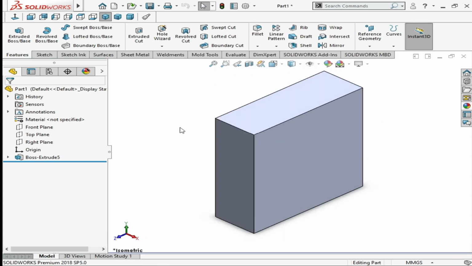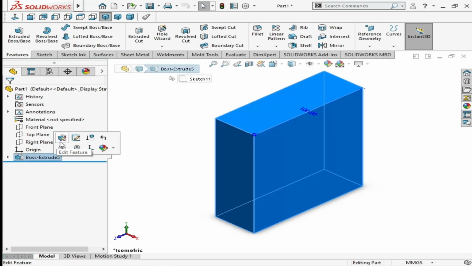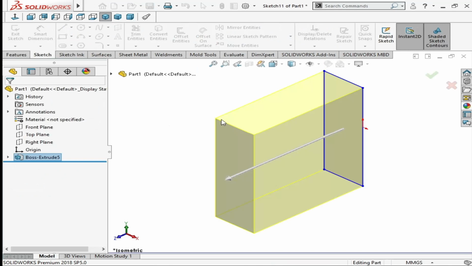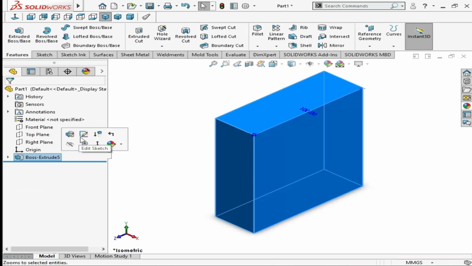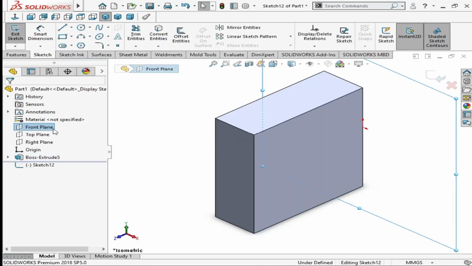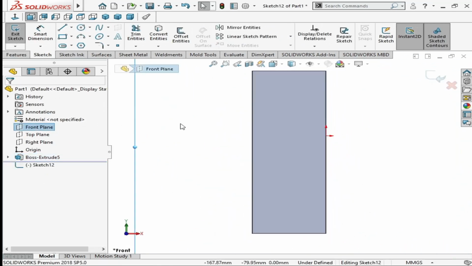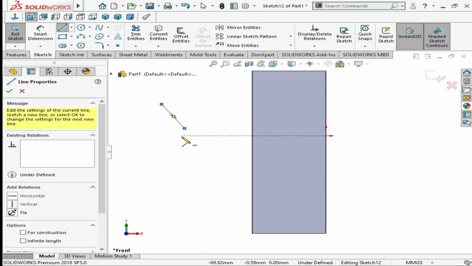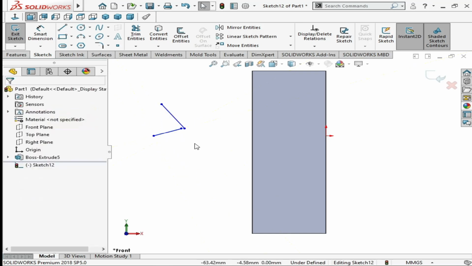After that, there is another tool. For example, if you are not in the sketch, for example, if you are doing this and click OK. If you are sketching, for example, click on this front plane, sketch, go to the normal, press control 8. When you are sketching, click escape.